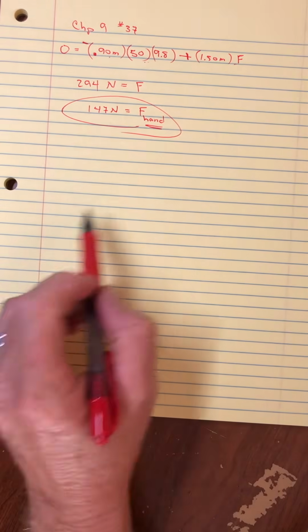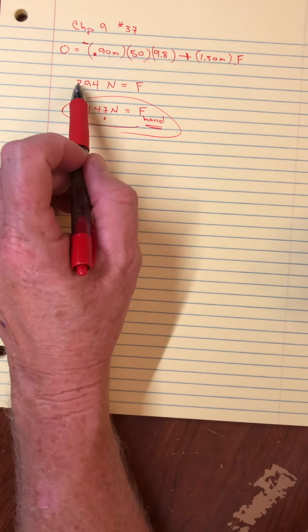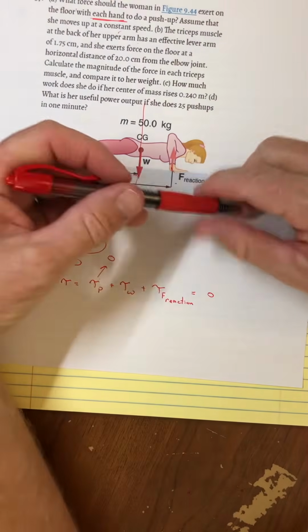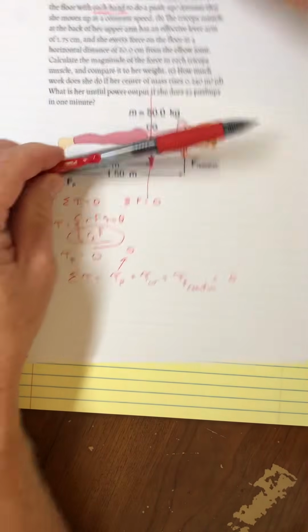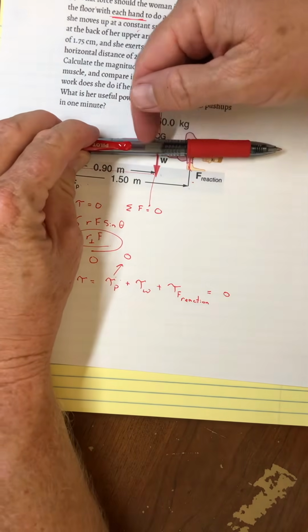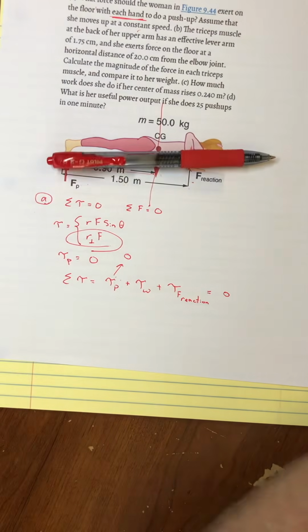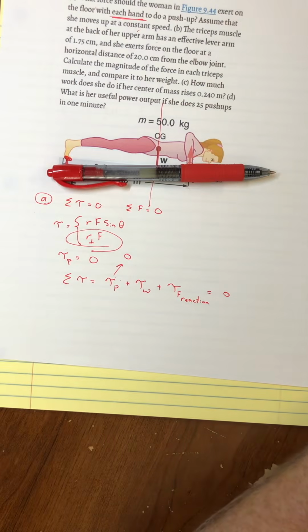All right. So 147 newtons from each hand, then a total of 294 lifting her up, which is rotating her in a positive counterclockwise direction, with gravity pulling her in a negative clockwise direction. Okay. All right. So